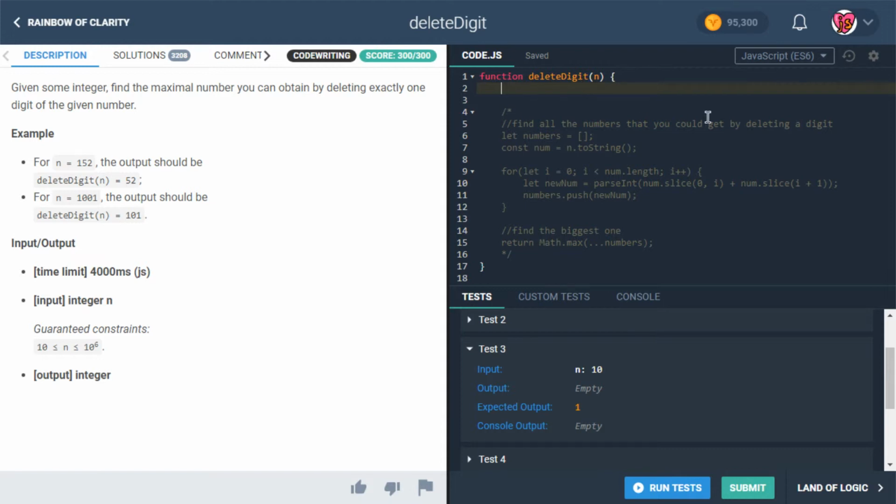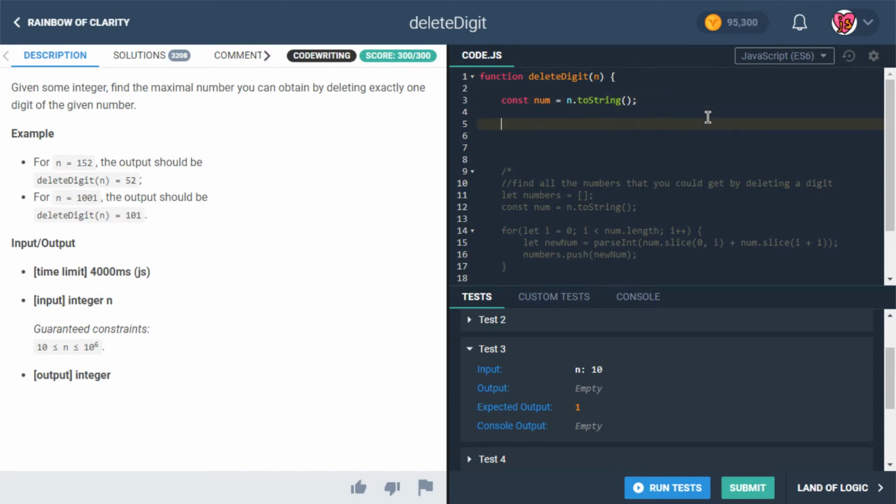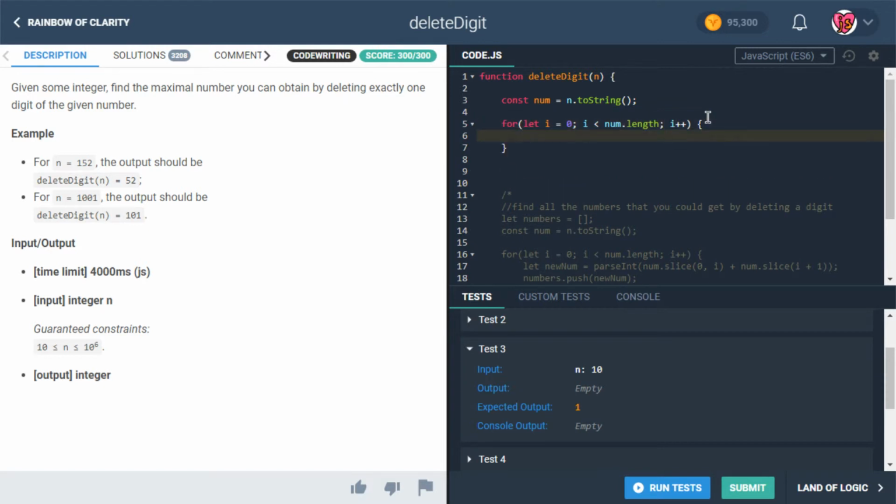So we're going to start out the same way. We'll say constant num is going to be n.toString. And if it's bothering you, you can call it something else. Call it string or even numString if maybe that's the best way to do it. But the point is, we're going to do a loop, but our loop is going to be a little more efficient. Okay, so what we're not doing this time is creating a new number each time. What we are doing in this case is we're basically going to say, well, is there a bigger number after you? So we'll say if